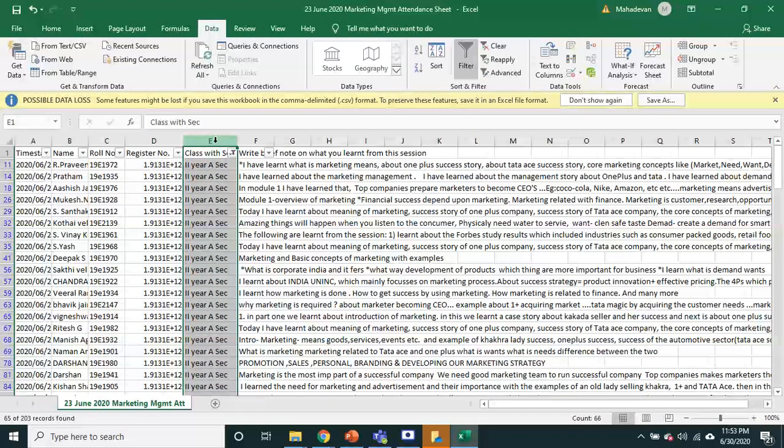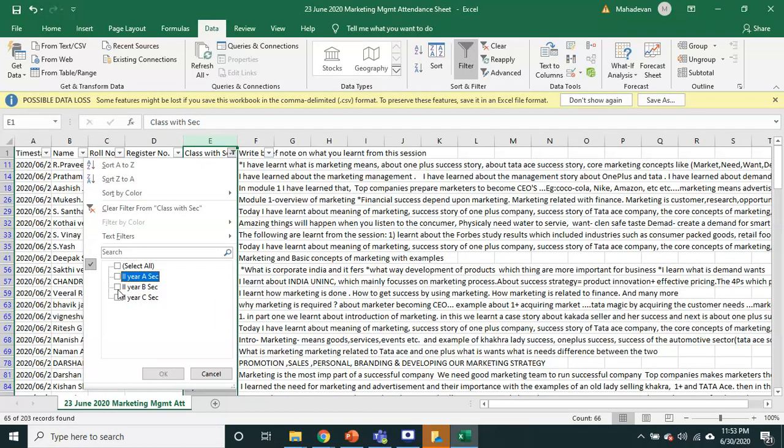Select this, and obviously all the rows in this column get selected. You can see here the count is 66. This 66 also includes the first heading, class with section. So 65 students of second year A section have attended this class.